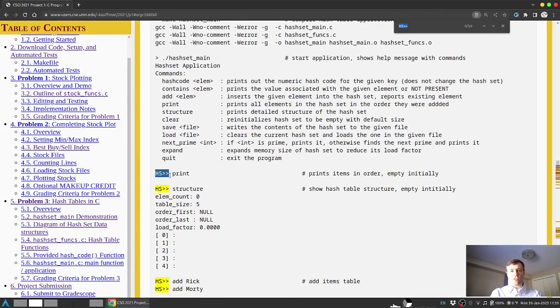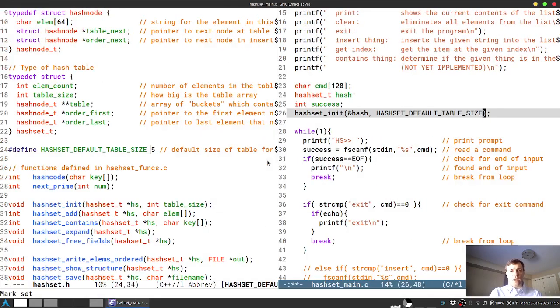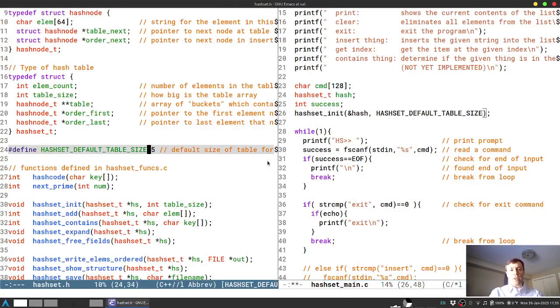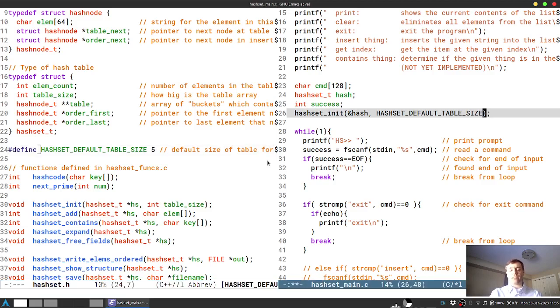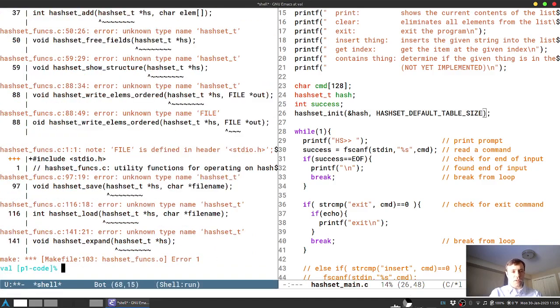I think if you search around here, hash set default size, you're clearing it with hashes, constant, and so on. Paste this in here now. We'll later on talk about what this pound define is in contrast to global constants, but for now you can see it as a way to give certain constants names that have a little bit more human meaning than just the number 5. It's a good way to avoid the magic constants that are out there. Finally then, if I try one more time,